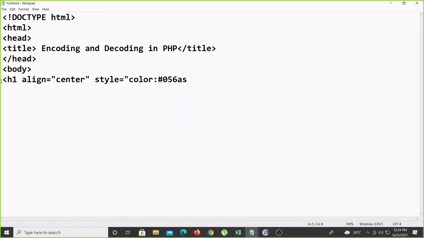Then this is the heading in that page: h1 align center, style color, any value you can give here, and then PHP encoding and decoding. Close the h1.